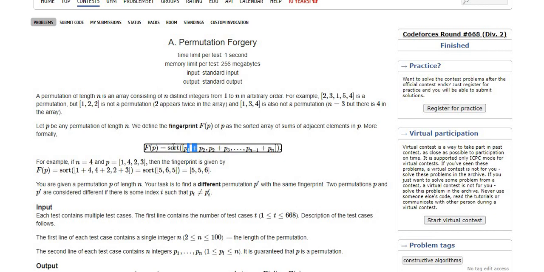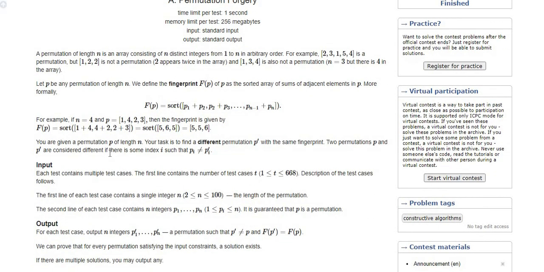And then we sort it, and that is the fingerprint. We have to find a p dash which generates the same fingerprint, but there has to be at least one index where p dash of i is not equal to p of i.